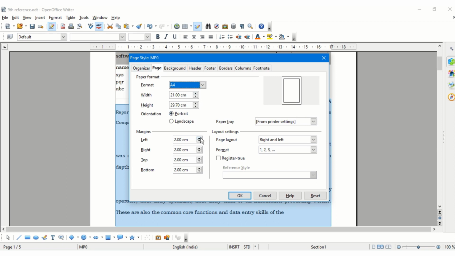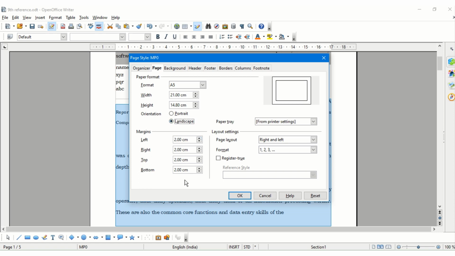We can set up margins. Already there is a 1 inch 2 centimeter margin. If I want to increase or decrease the margins from left, right, top or bottom, I can change it. Then also I can change the width of the page, the orientation, make it landscape or portrait. These are the 2 orientations. Portrait is where the height is more and the width is less, whereas landscape is an orientation in which we have got a width more and the height is less. So these are the 2 modes in which we can have our page layout.